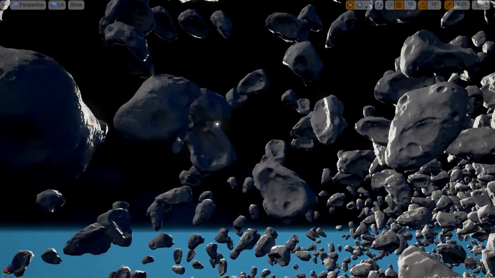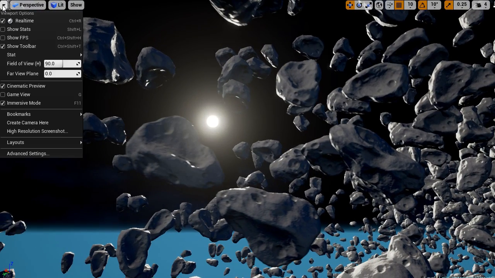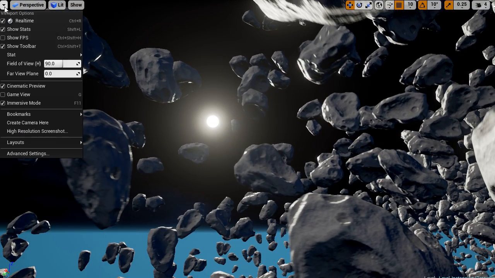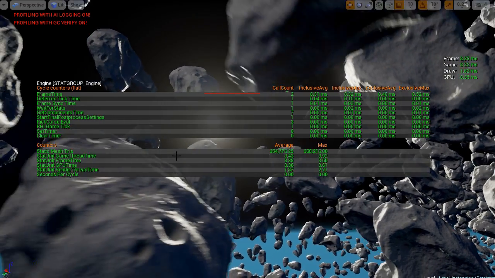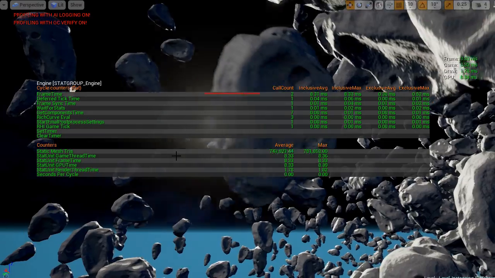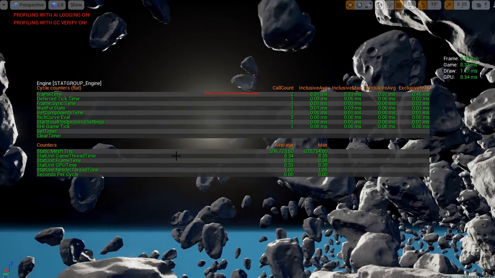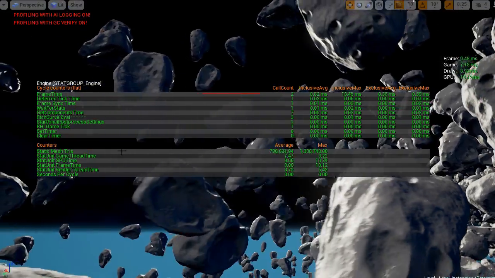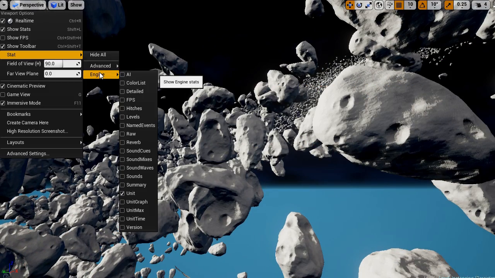We should be measuring our performance level quite often. So in order to do this, we click on the left top corner, press Stat, Engine, Unit, and also Stat Advanced Engine. Here we can see how much time it takes to render a frame in milliseconds. In my case it's 8.33 milliseconds now. And in the counters area you have static mesh triangles. You can also enable Stat Engine FPS,